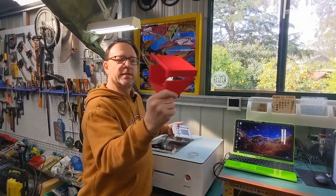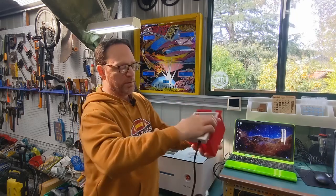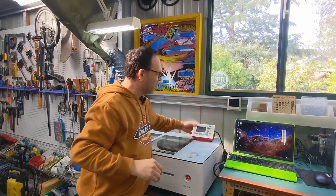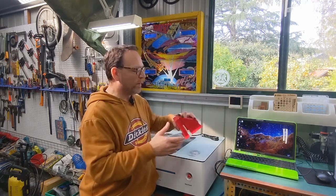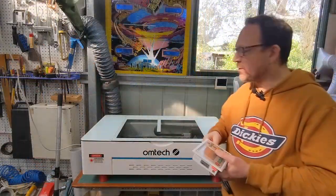So I've 3D printed this case that the control board will go into, and it fits in there a bit snug, that's all right. And then that'll just sit on the side of the Polar like that. So if you own a 3D printer or you know someone that does, I'll have the files to print this yourself below. And I've also installed these rubber feet, just glued them in. So to start, we're going to